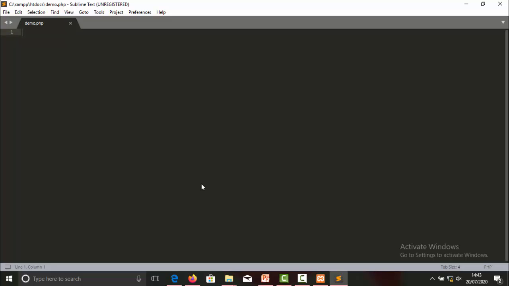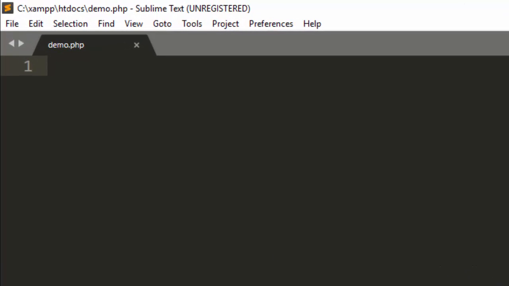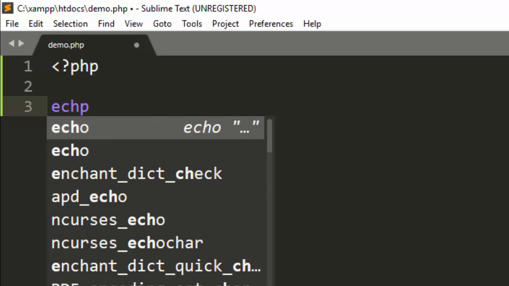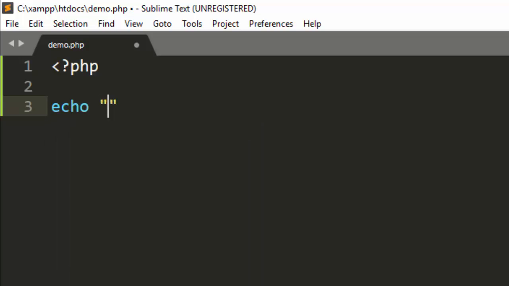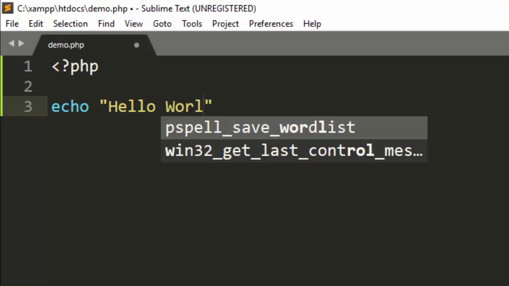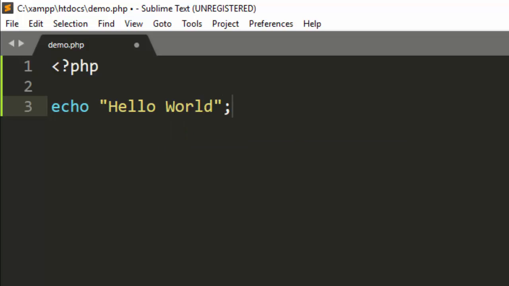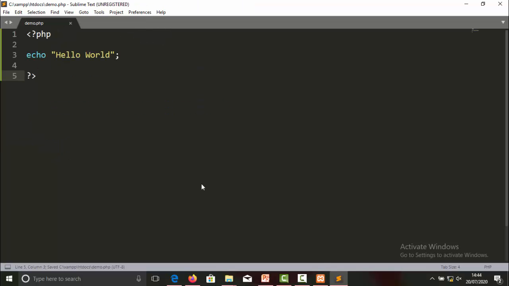Alright, the file has been successfully saved now. So let's begin to write the PHP code. Here I am just going to give you a demo, so I am taking a single echo statement in order to print a string. First let's open the PHP script, and within the script take echo and within double quotes pass a string. Here I have passed the string as hello world. Provide the semicolon also. And now just save this file.